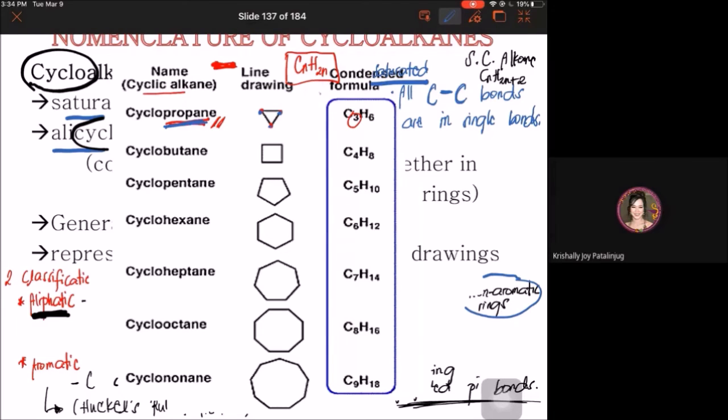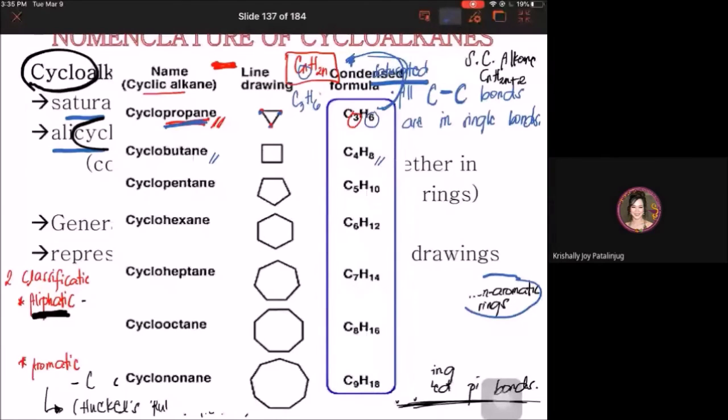Okay? So pag CnH2n, tatlo yung carbon present in the cyclic chain, you will have the condensed formula C3H6. Applying this general formula, yung n dyan, the same thing, that stands for the number of carbon. Kapag 4, so C4, then H, 2 times 4, so C4H8. Okay, so that would be cyclobutane. So this would be the simplest skeletal drawings ng mga